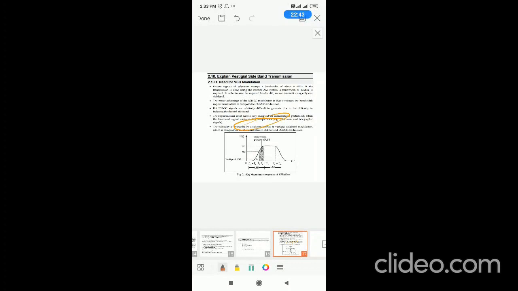If you observe television communication, there are two modulated signals. One is picture, the other one is audio or voice. For sending picture, people use AM, amplitude modulation. If you employ amplitude modulation, it sends carrier, upper sideband, lower sideband, and the bandwidth required becomes 2 times. Okay, 2 times.